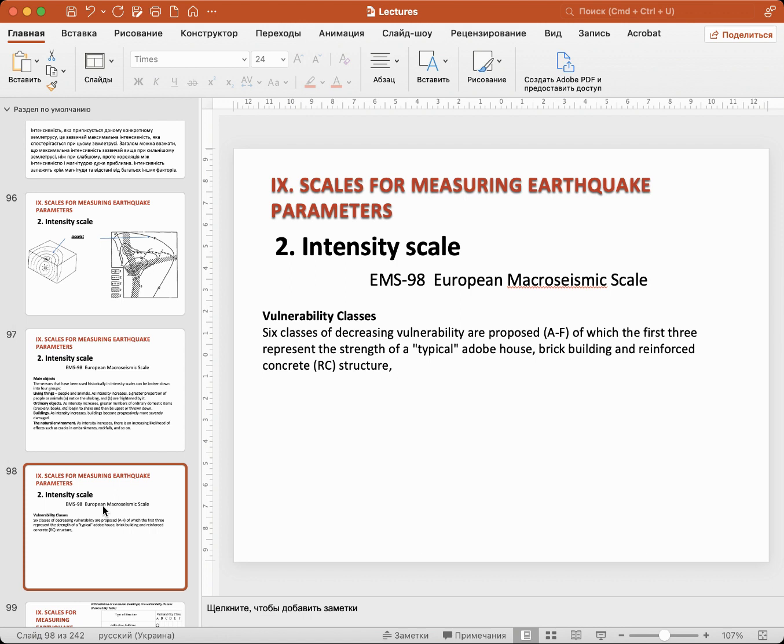As we seen on the previous slide, we had analyzed the behavior of two buildings during two various earthquakes. So we have to know that all buildings are subdivided according to EMS scale to six classes of decreasing vulnerability. Do you know what is vulnerability? Vulnerability is